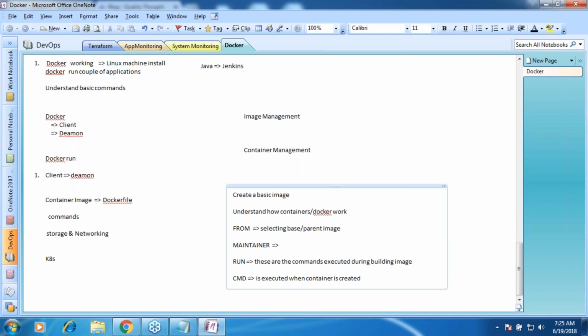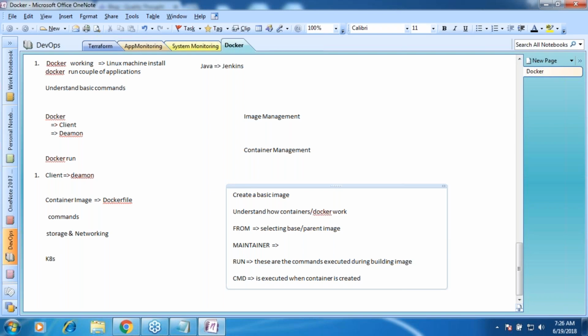So whatever you write in that CMD is the set of commands which you want to run when your container is being created or starting. Right? Fine, simple, not a very great deal, right? We have from where we choose our parent or base image, and then maintainer is all about you. You write your email address or whatever your company has given you as a recognition, and then you would have run statements. Run statements are the commands that are executed while building the image, right? And then we have CMD. CMD is something that would be executed while you are starting your container.